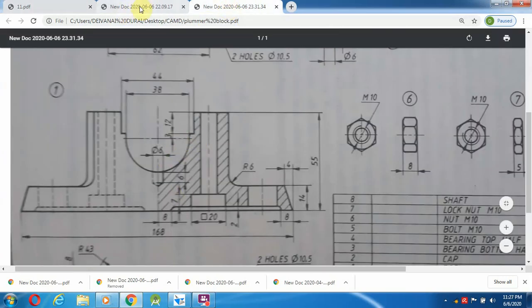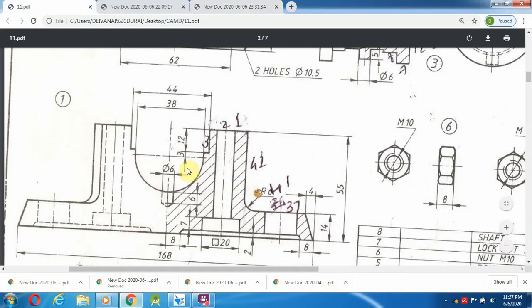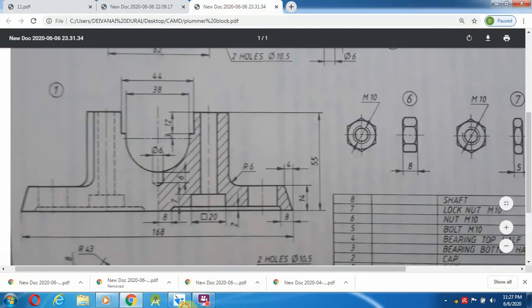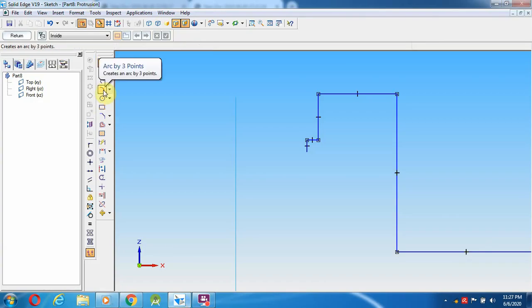3 mm. So after drawing this 3 mm, what is the length they have given? 38 mm. So this semicircle diameter is the 38 mm. Okay, so 38 mm they have given. So select a line.